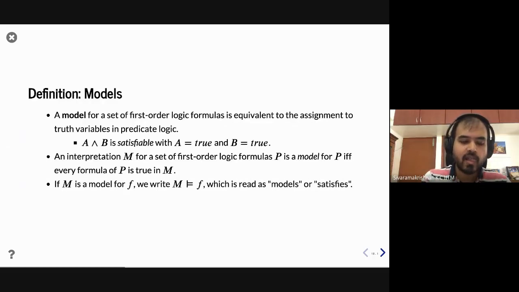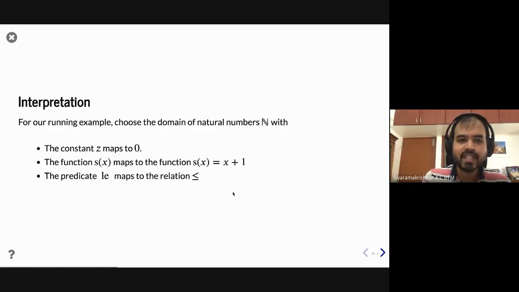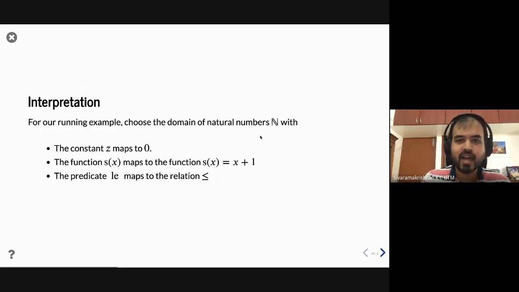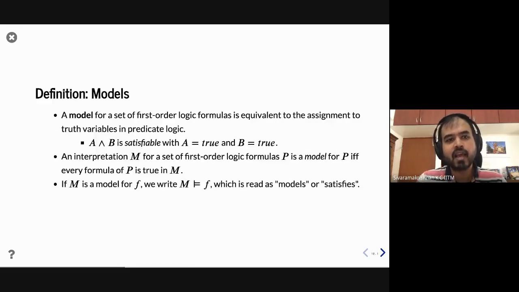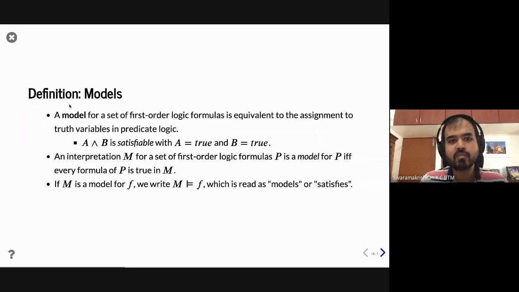The thing that you want to ask is, of course, you can pick anything here, right? I can map this in whatever way that I want. How do I make this useful, right? I'm giving some semantics. How do I know that the semantics is meaningful? Here is why we need this definition of a model, right? A model of a set of first order logic formulas is equivalent to assignment of truth variables in predicate logic, right? In predicate logic, if I just gave you